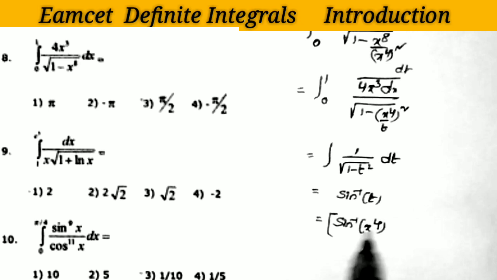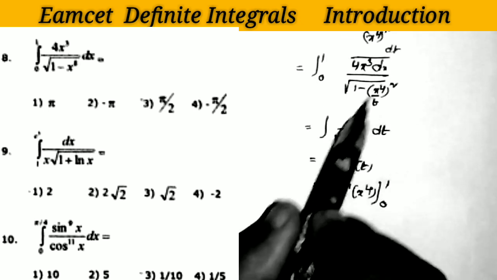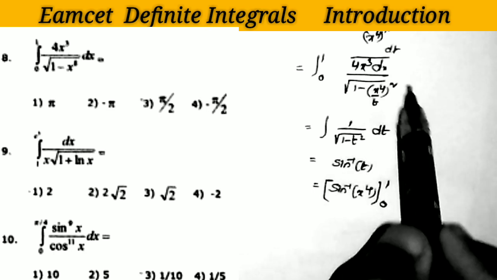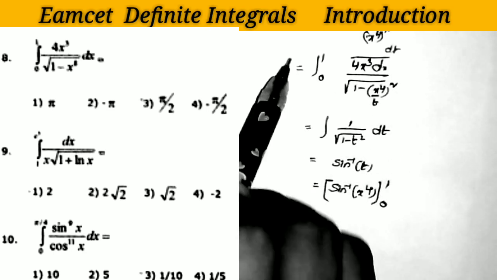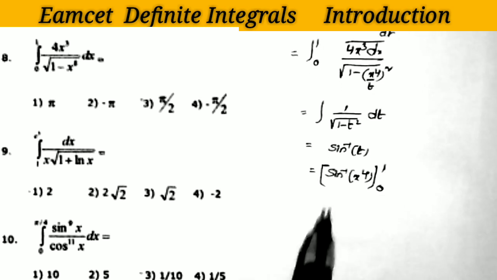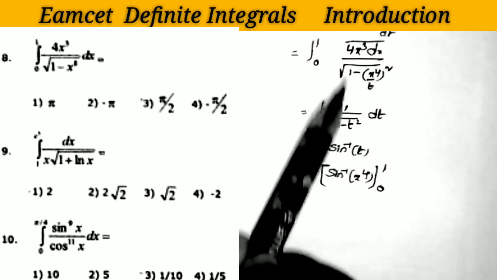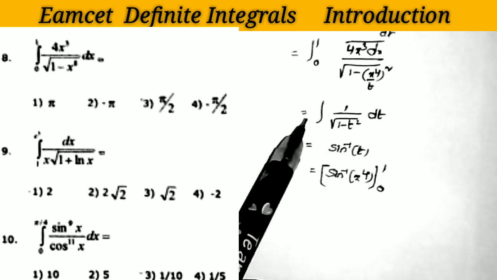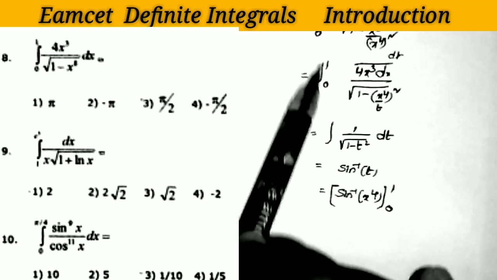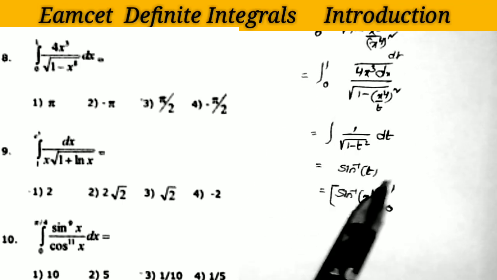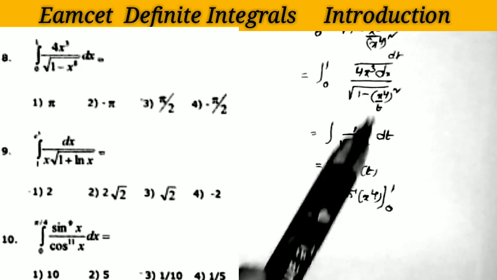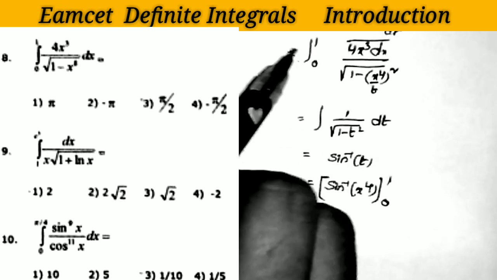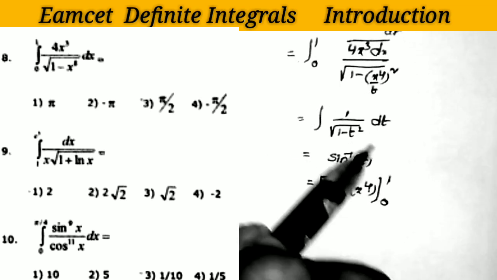Now we are replacing the limits values in this answer. Here I don't change the limits values. After getting the integration, I substitute the x value and then substitute the limits values. Remember, in case of substitution problems, when we convert the function in terms of t, we automatically change the limits also. But here I don't change the limits values. I take the integration, and after getting it, I substitute the t value, and then I replace the limits. That is, finally I am replacing the x limits in the x function, not in the t function.